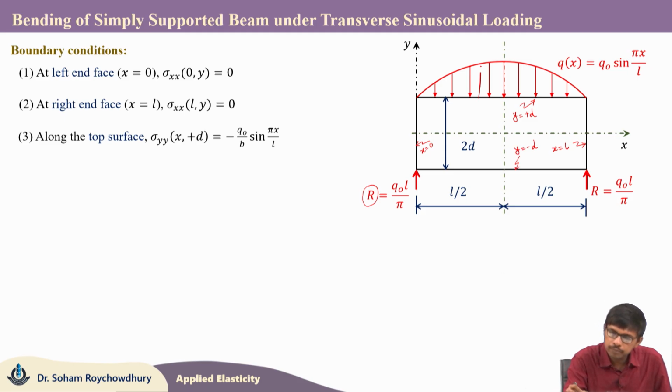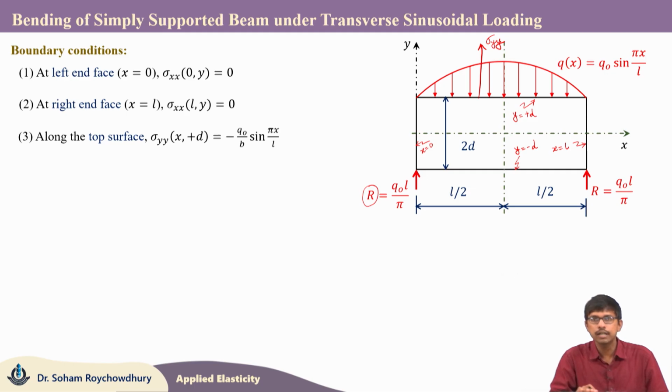So, the normal stress on the top face, sigma y, is non-zero because of the sinusoidal load. So, sigma y for the top face at x comma plus d is equal to minus q naught by b sin pi x by L. This q naught by b term comes in to match the dimension. q naught is defined as force per unit length, whereas sigma y is stress. So, we need to divide q naught by the width of the beam at any particular section x, and thus q naught by b is the sinusoidal load intensity per unit area.